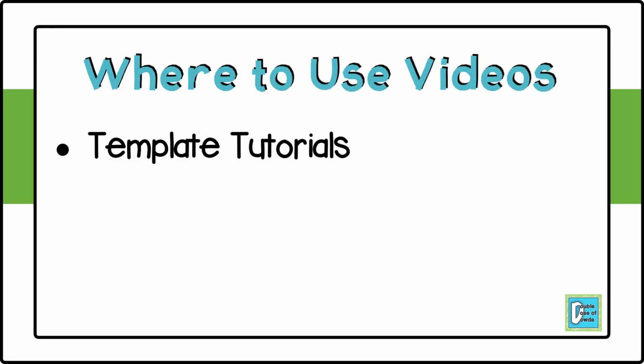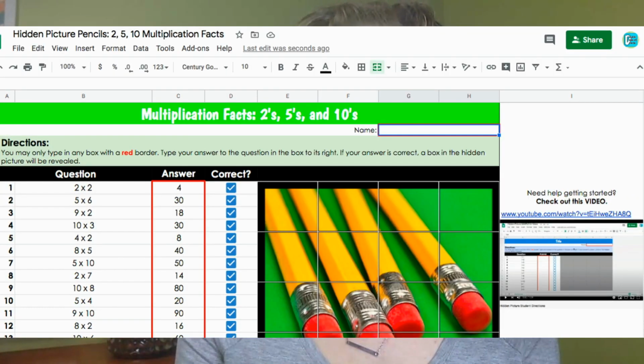So I have some ideas for 3 important ways to use video in your classroom. Remember, step 1 was to use familiar tasks such as templates. When I create a template, I also create an instruction video for how students should use it. So as an example, remember back on the agenda that I shared, there was the hidden picture template that the students were linked to, and whenever they clicked on that link and they viewed the hidden picture template,